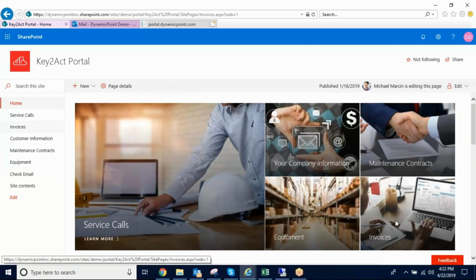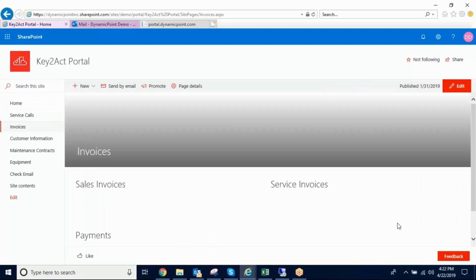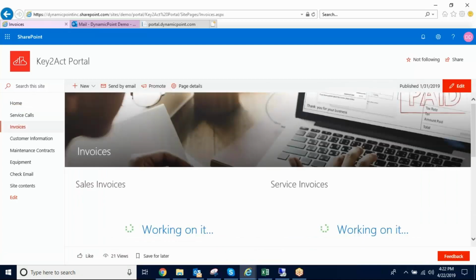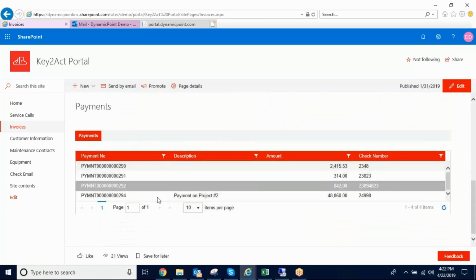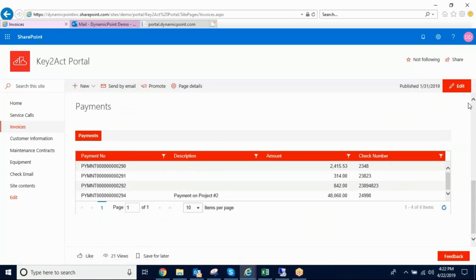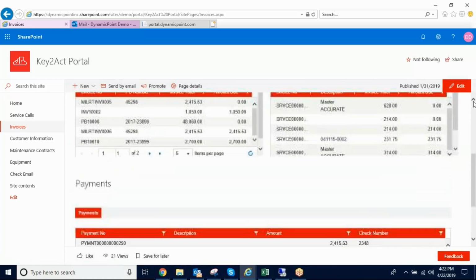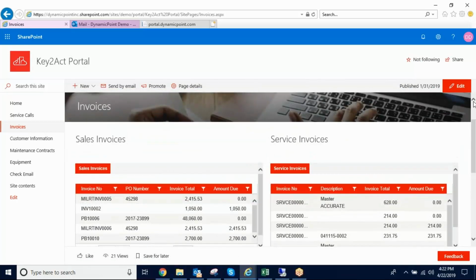The last element that I want to highlight for you is invoices. That is what we quite often hear about, service calls as well as status of invoices. So that's the last thing I will highlight, but again, you do have an unlimited number of services that you can configure, and you can break this up in a lot of different ways. In our case today, we've highlighted both sales invoices as well as service invoices, so they can break that down and navigate to the invoice that's most relevant to them that they want to take a peek at, and they also can see payment notifications as well. So again, you can highlight or expose as much information as you like.